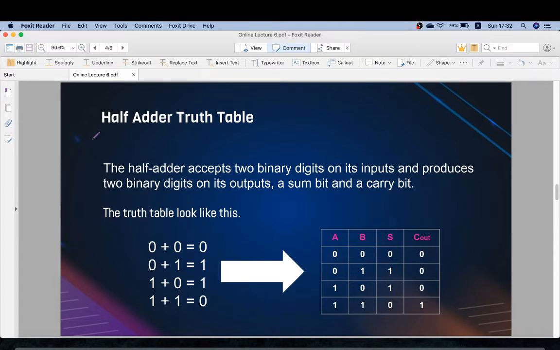From here we will study the designing rules of the half adder. In the last lecture we studied the designing rules for combinational logic circuits. So what were those rules? The first rule was to understand the problem that is given. The second step was to know how many inputs and outputs there are. The third step was to name the inputs and outputs with a symbol or a letter.